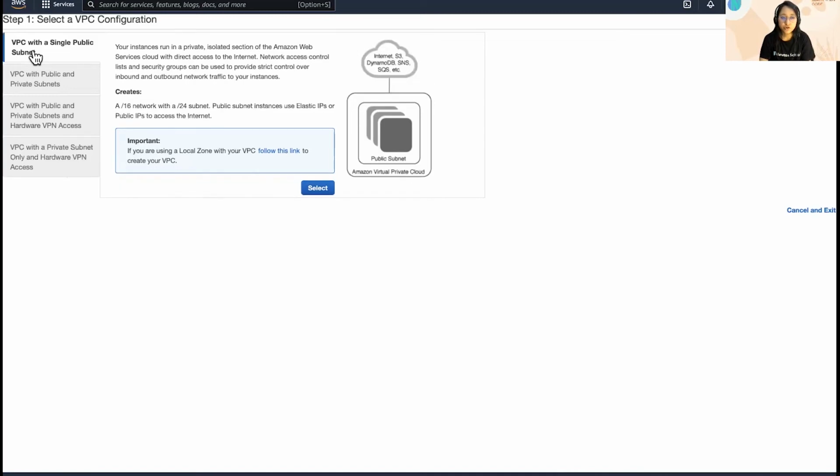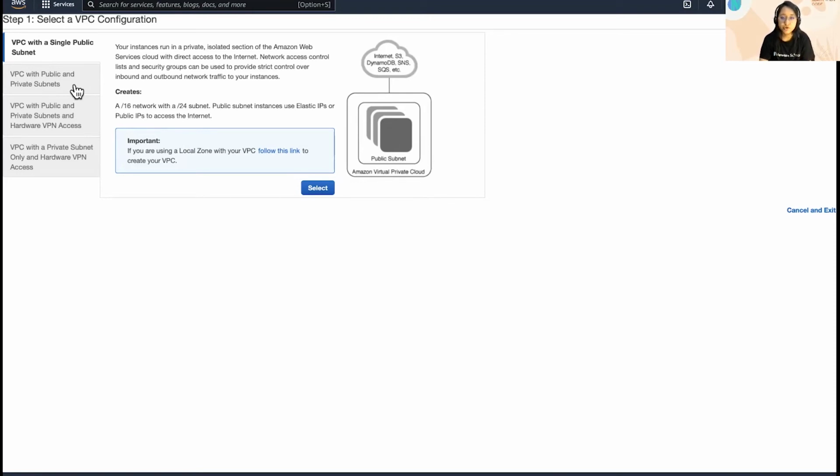I'll go with the first option, and please note that in all these options, we are creating resources such as VPN and NAT gateways or NAT instances and EIPs. All of these resources have a cost associated with them.